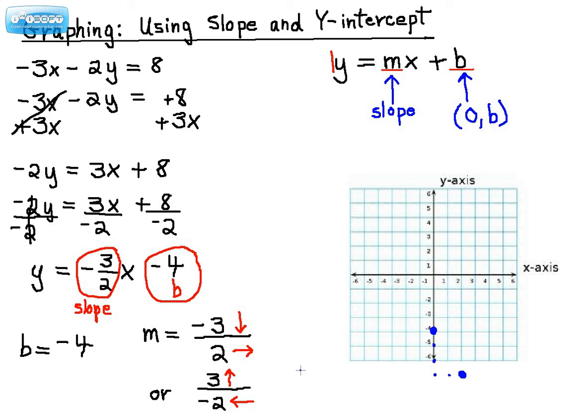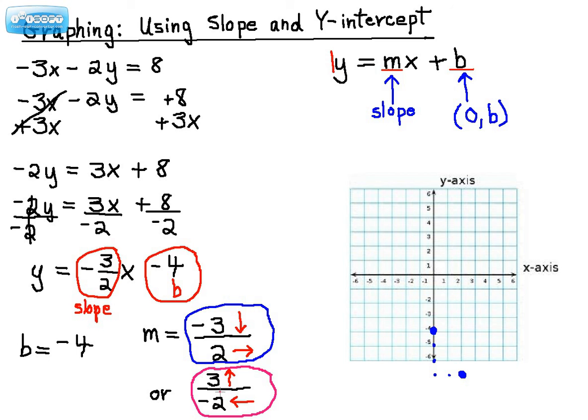Because our graph runs out at negative 6, I've extended the graph just by estimating where the points would be. And as you can see, I start at negative 4, and I go down 1, 2, 3, and right 2. And where you stop the last time, you make a second point. I've graphed my first points, and just to show you that it will not affect your line, I've taken the